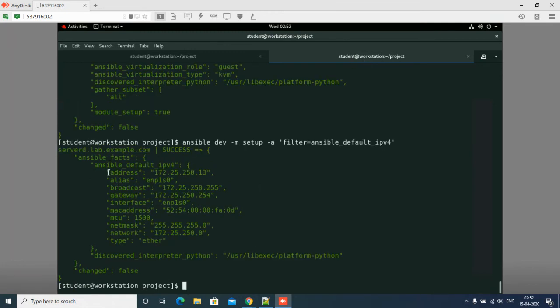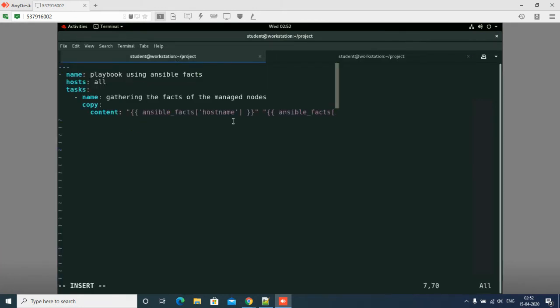Now check inside the Ansible facts. I have one address. So how can I take this? I will say ansible_facts. I don't need to use Ansible again; it will automatically take default_ipv4, and inside that I have one variable I need to call.